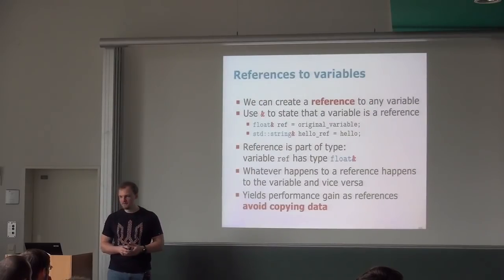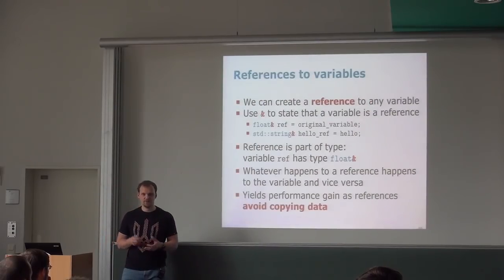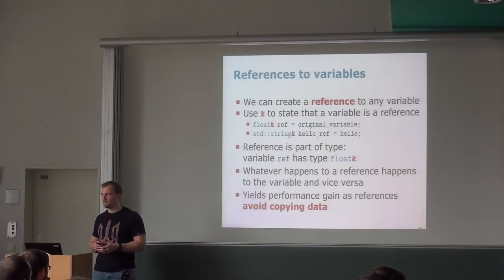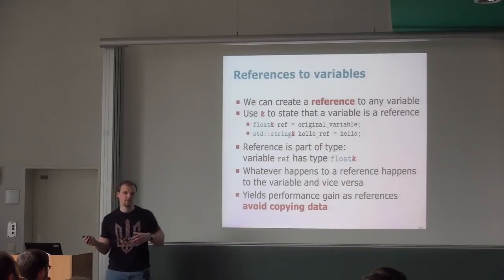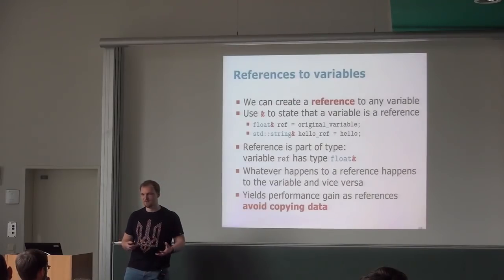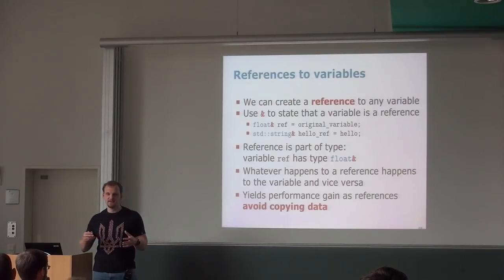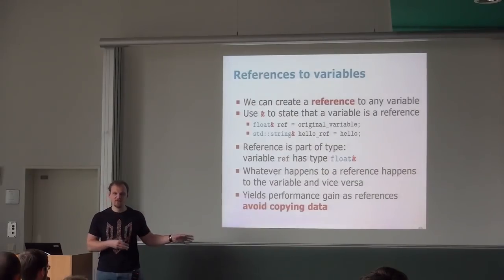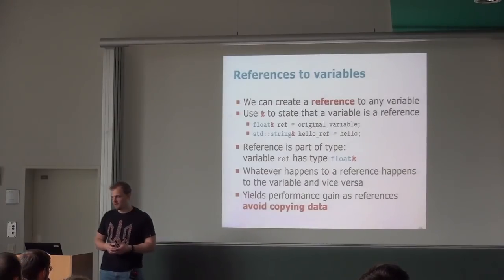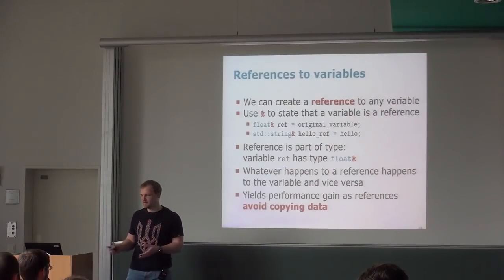Okay, you can also use references to variables, and this is one of the, so we go to the C++, the kind of the fun part of C++, where things can get non-linear. So for now, everything was linear. Like for now, we defined a variable. If we change it in the scope, it changes, and so on. Like it was very simple. But with references, we get kind of this layer of indirection, and we're going to talk about it right now.